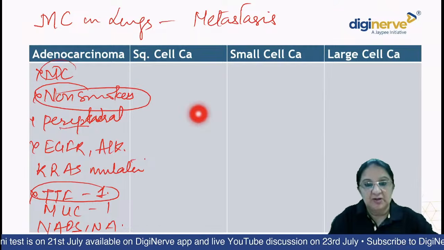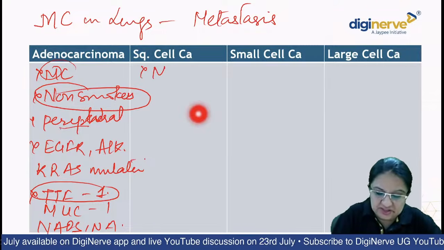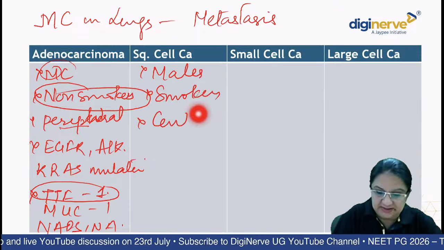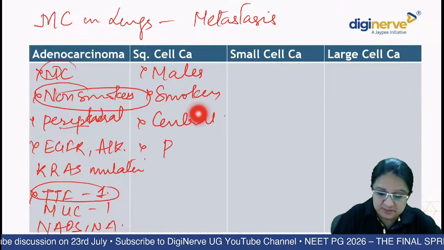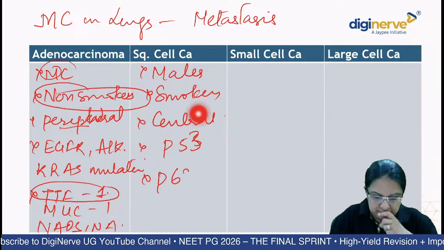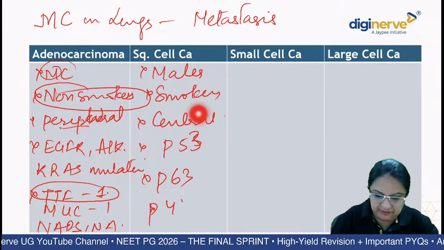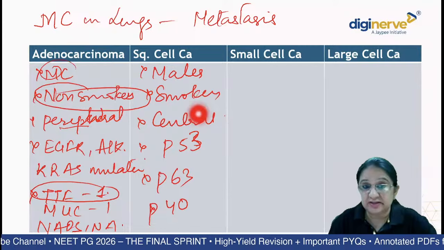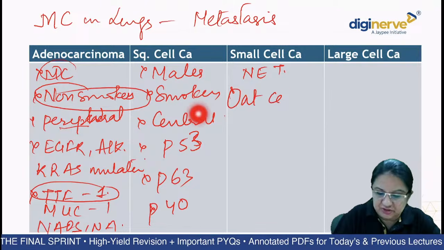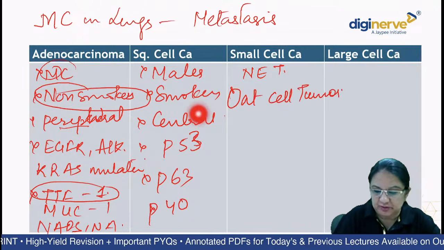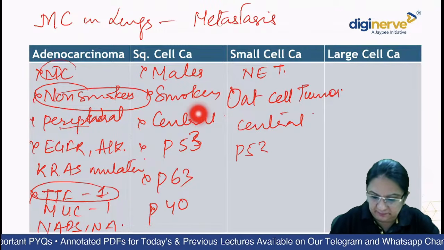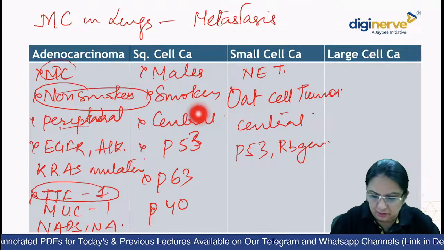Peripheral location. Squamous cell carcinoma, seen in males, seen in smokers. Location, central. Mutation here is P53. Okay. P63 and P40 can also be seen. Small cell lung cancer, it's a neuroendocrine tumor, also known as oat cell tumor. Okay, oat cell tumor. It is also central in location and the genetic defect is P53, RB gene mutation, or L-MYC